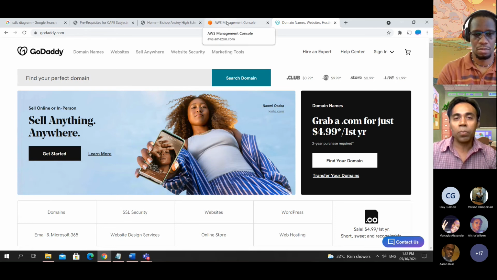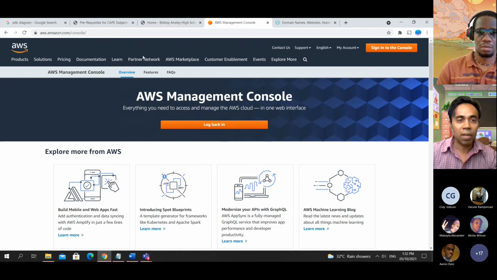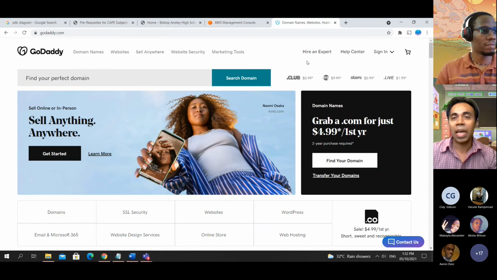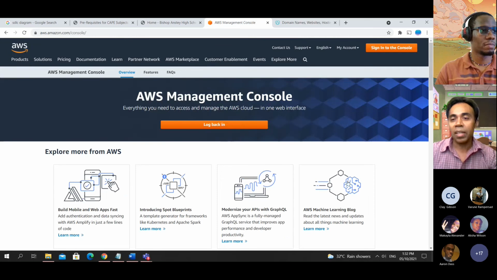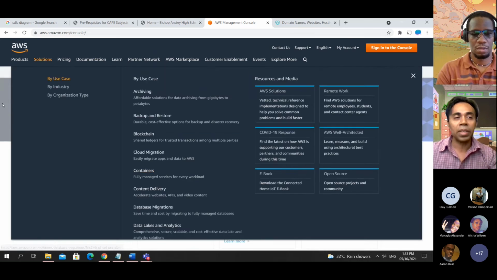Now, if you really want to go on the highly professional side, you go on something like AWS or DigitalOcean, Cloudflare, that kind of stuff. And you actually have to know some more. This is more for the professionals because you don't get a good, easy console that GoDaddy might present. You have to do a lot of scripting and use these FTPs to link up with the server and all that. They don't have many user-friendly tools, but it's very